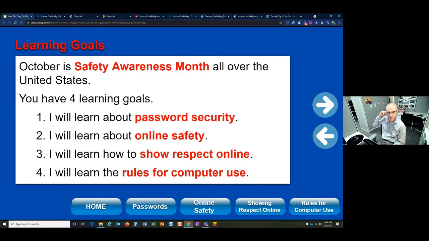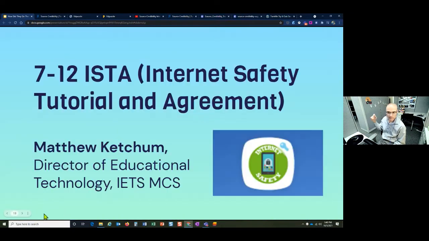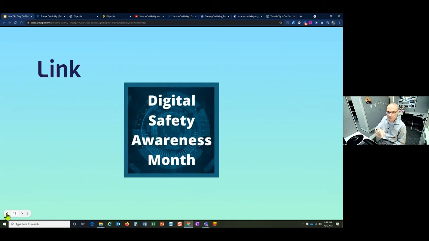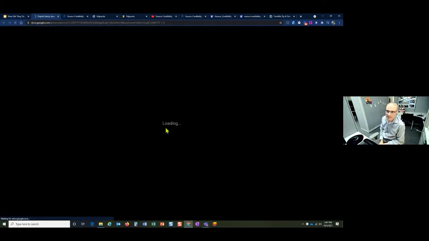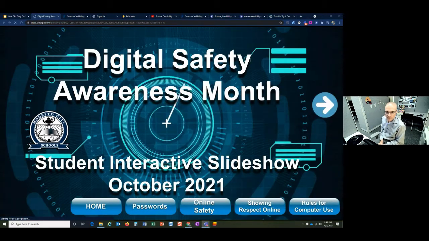Do I have another slide in there too, Matthew? No. So yeah, that one. That's the icon. Did you want to go to the site and we'll walk through it, Matthew? Yeah, let's do that. Yeah. So